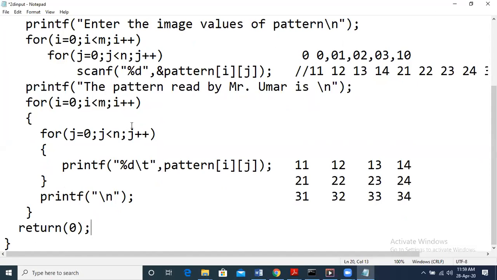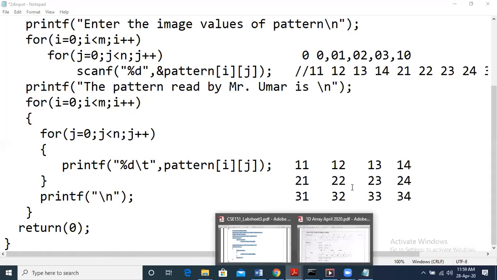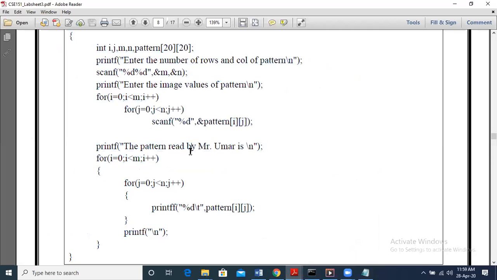In this case, I've just added too many things, so for compilation, I think you can compile it. This is how it gets printed. So execute this program. First part, we are declaring the required variables. Then take input for the number of rows and columns. Next, take input for the 2D array. Next, print the 2D array. So this program is basically input of a 2D array and output of the 2D array. We have just discussed problem 7.